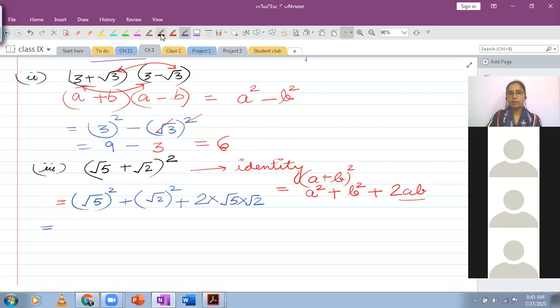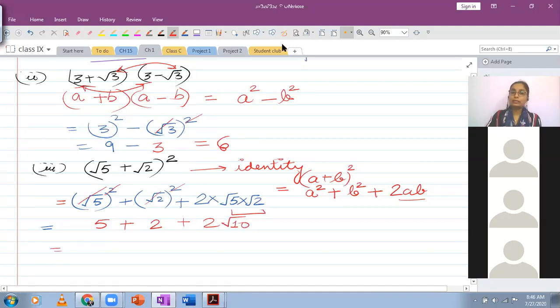So now it's simplification. Square and root, square root and square, they are complementary operations. They are opposites of each other. So these get cancelled. You're left with 5. Same happens over here. Square and root cancel. Over here, plus 2 times the product of root 5 and root 2, which is root 10. This will be 2 times root 10.